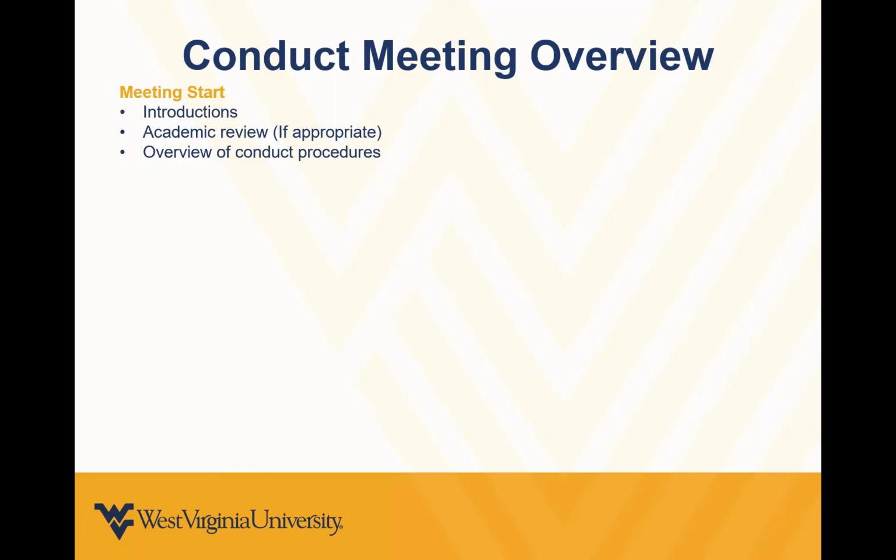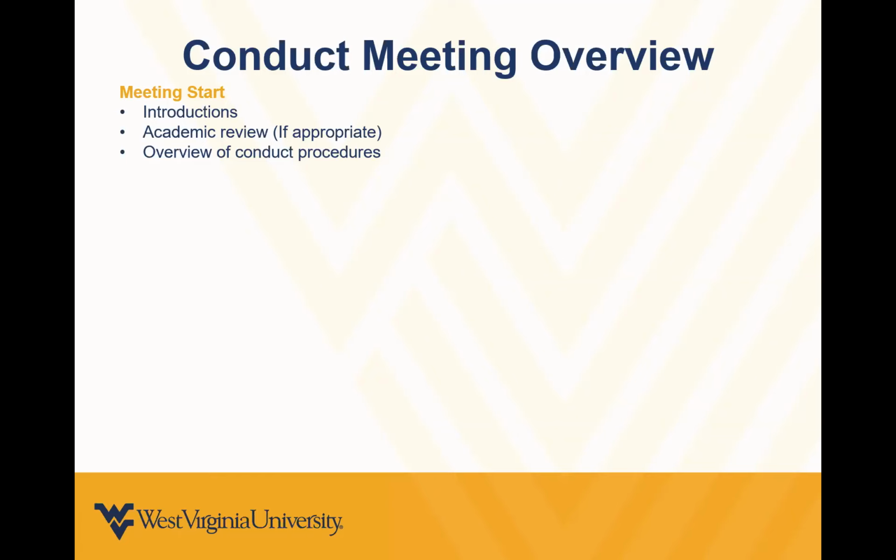Introductions. We try to get to know the student a little bit. This can give us insight into the student and tends to help the student to calm down if they are anxious. I typically ask them where they're from. How do they like living in the residence hall? I'll see if they're having any issues with their roommate or if there are issues with other community members. I also always ask about their future goals after they graduate from WVU.